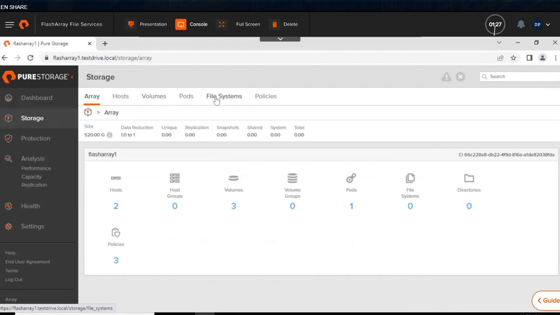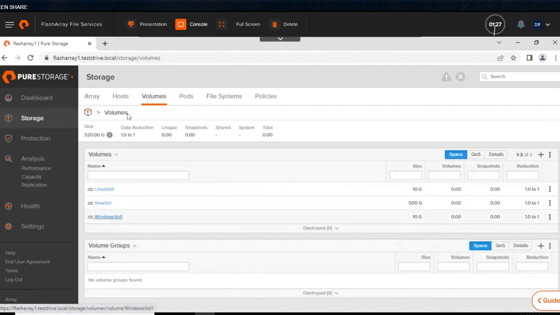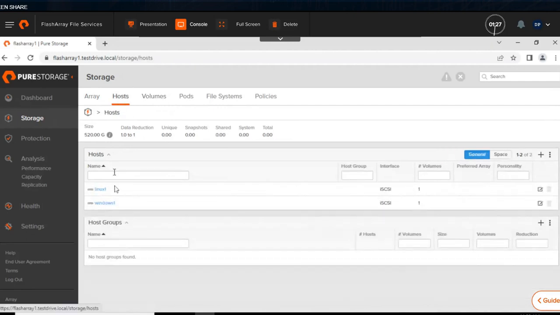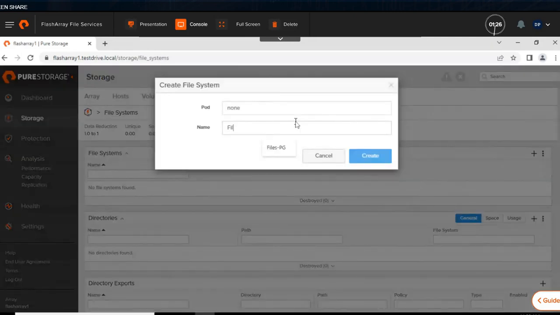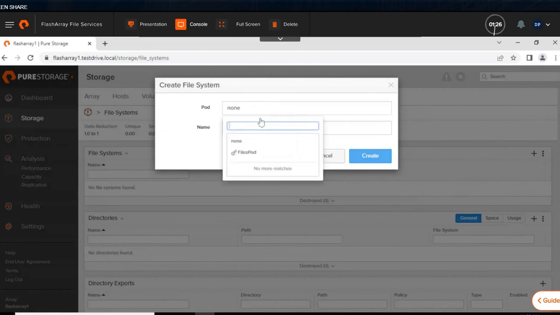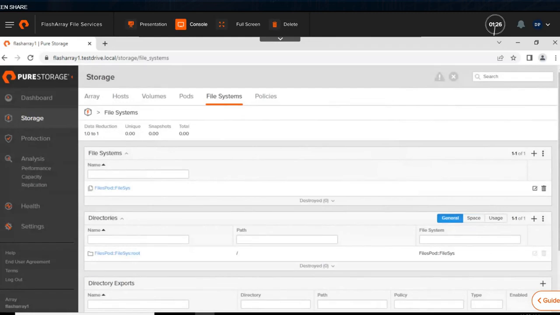And under volumes, obviously we can create as many volumes as we want, attach them to hosts, and do all of the things that we need to do for block-based storage, but file systems is the same way. So we have the ability to create a file system. Let's call this one filesys. That's very clever. We're going to make it a part of the files pod. I'll talk a little bit about that. And just like that, we've created a file system that can now have exports made for SMB and NFS out